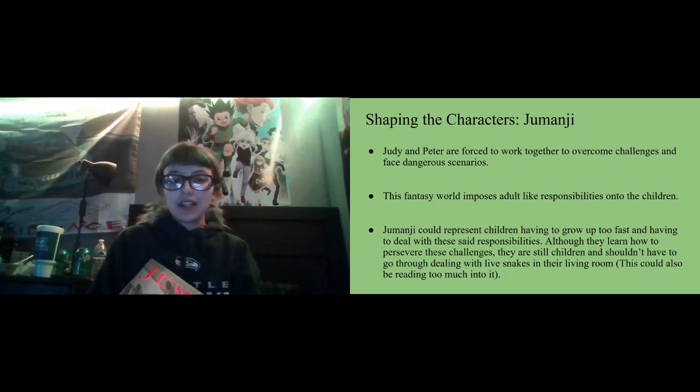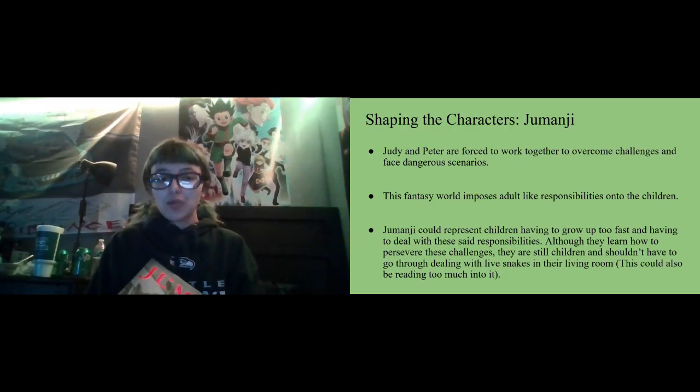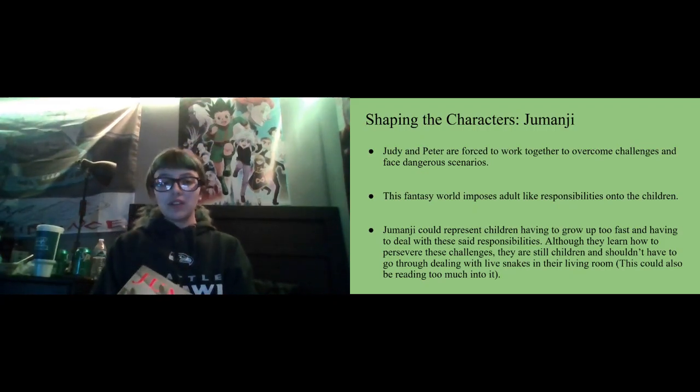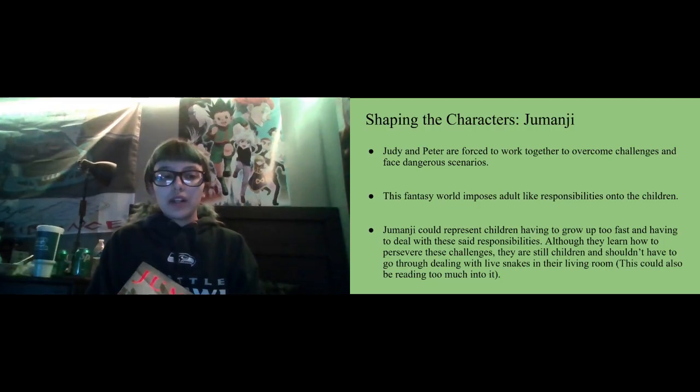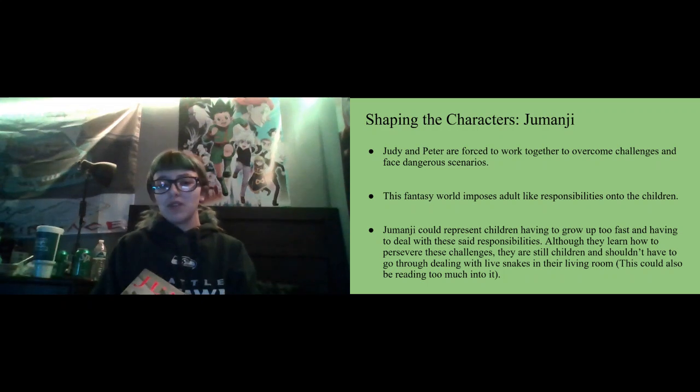But no, they decided to be really mature about the situation for children and decide that they're going to play out the whole game and figure it all out themselves. And I have it written here, Jumanji could represent children having to grow up too fast. That could also be reading too much into it, but